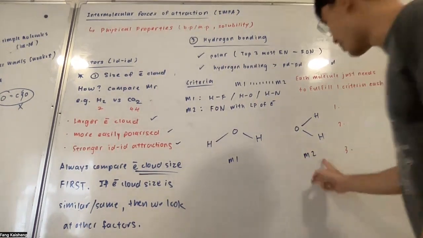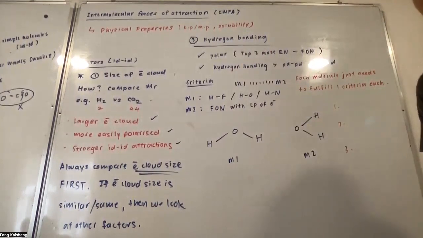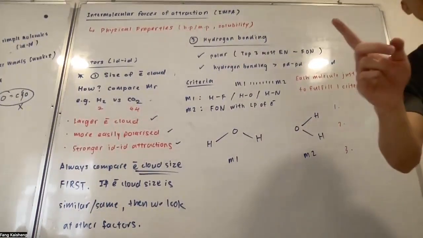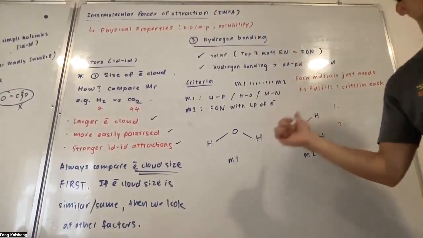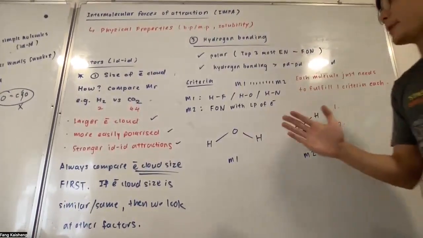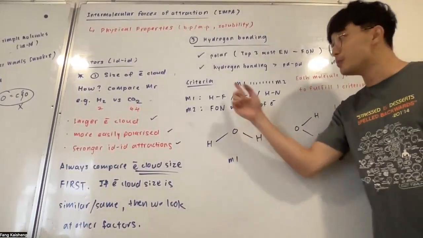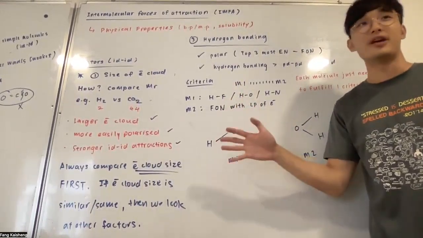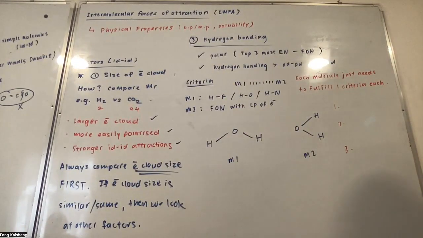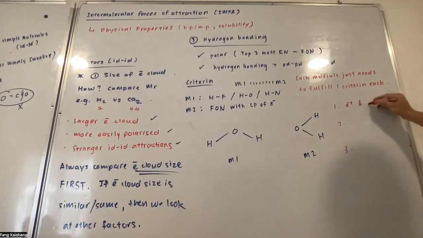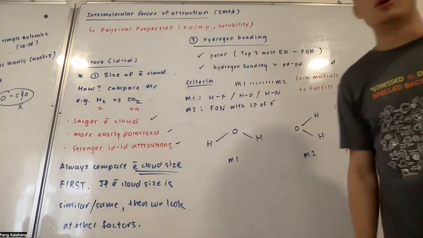Sure. If you want this to be M1, this one can be M2 also. Sure, up to you. But later I'll give you an example which isn't that flexible. This is very flexible. It just so happens, guys, that water fulfills both criteria 1 and criteria 2. Later you'll see another example. Anyways, first one is I need to see partial charges